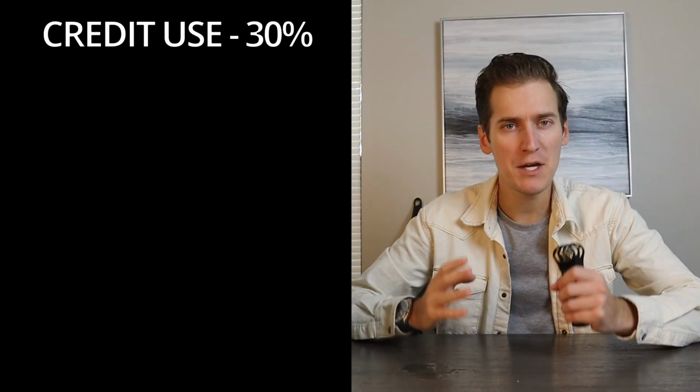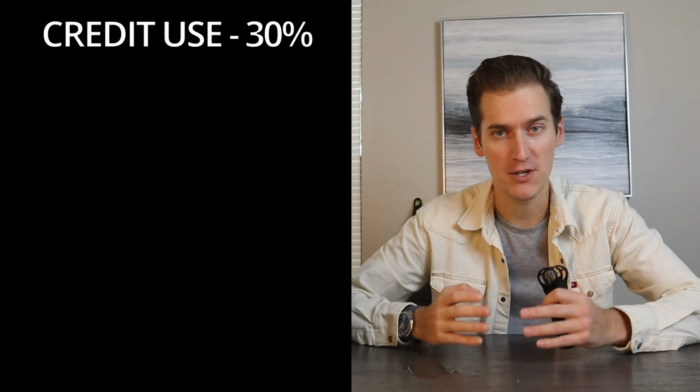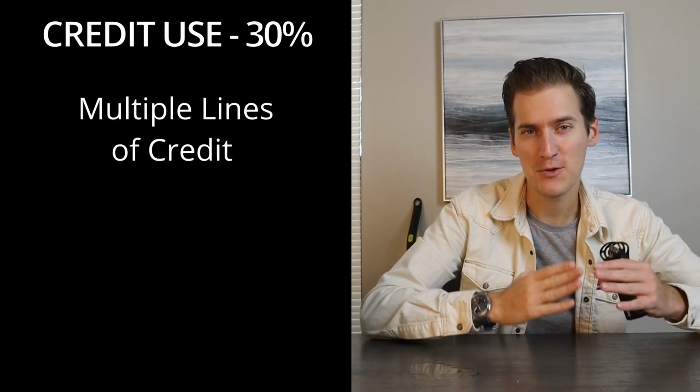This number is averaged throughout your credit card. So let's pretend we have another credit card now at 40%. The average is gonna be 30% between the two. So between all of your credit lines, you are using 30% utilization. It may sound backwards, but by having multiple credit cards, you can actually increase the credit limit to your name. Maybe you don't use that other credit card very often, but that extra credit limit can really help boost your